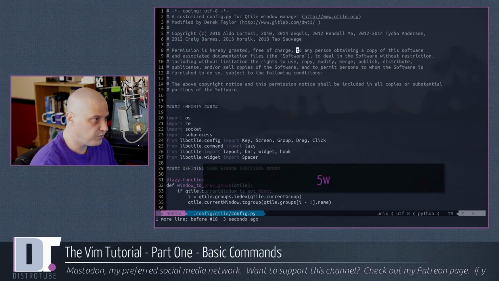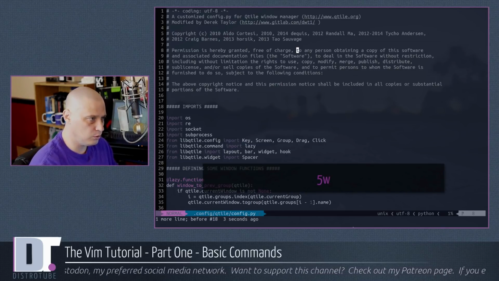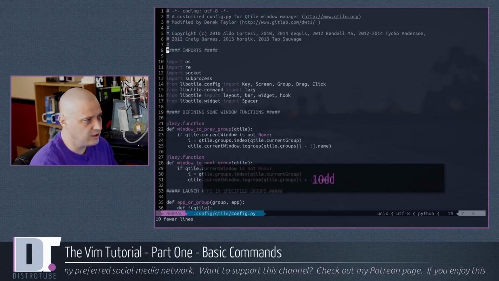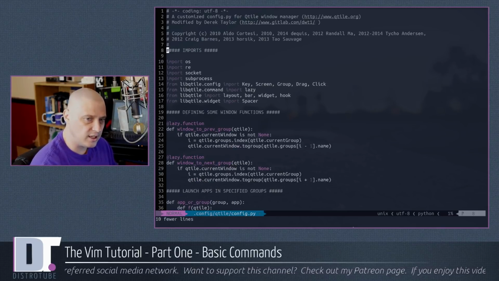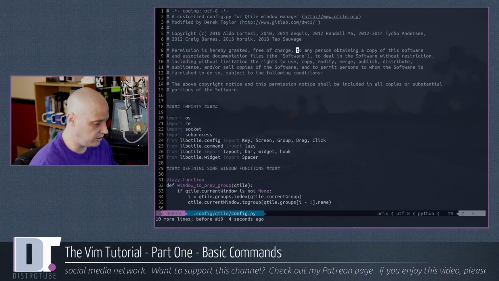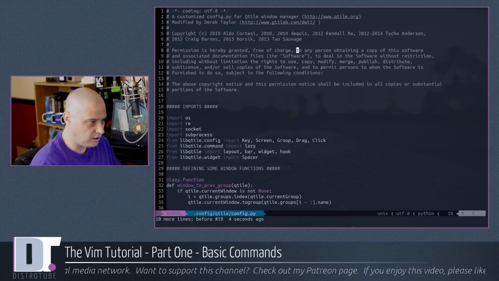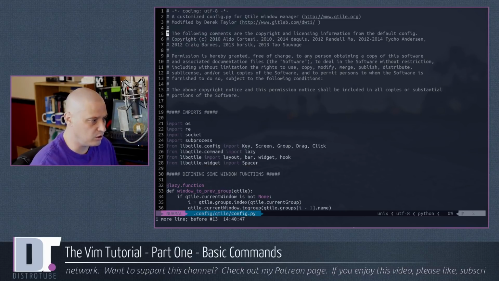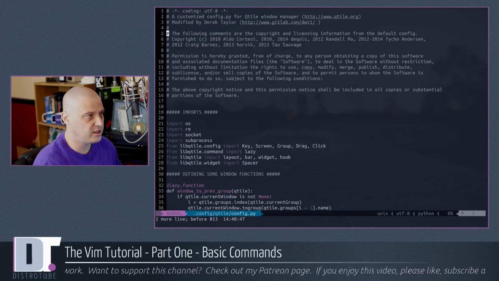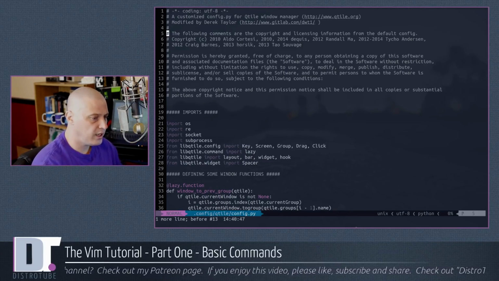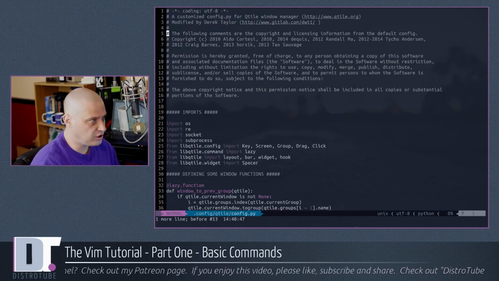Move forward 5 words. If I want to delete 10 lines, I could 10 DD, right? I just deleted 10 lines. I need to undo that. I can undo, but I could also undo everything I've done ever in this document. How about 5 undos? That gets me all the way back to the very beginning where the document is exactly how we started. Heck, I could even add those number keys to the HJKL.